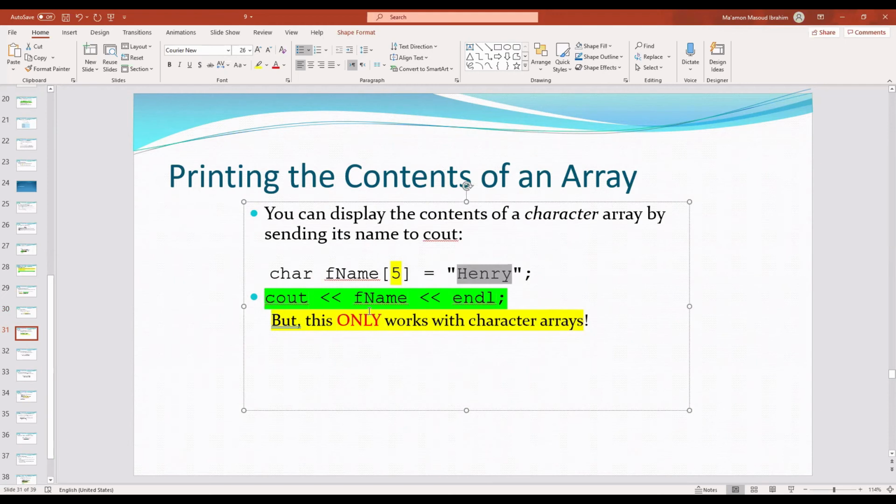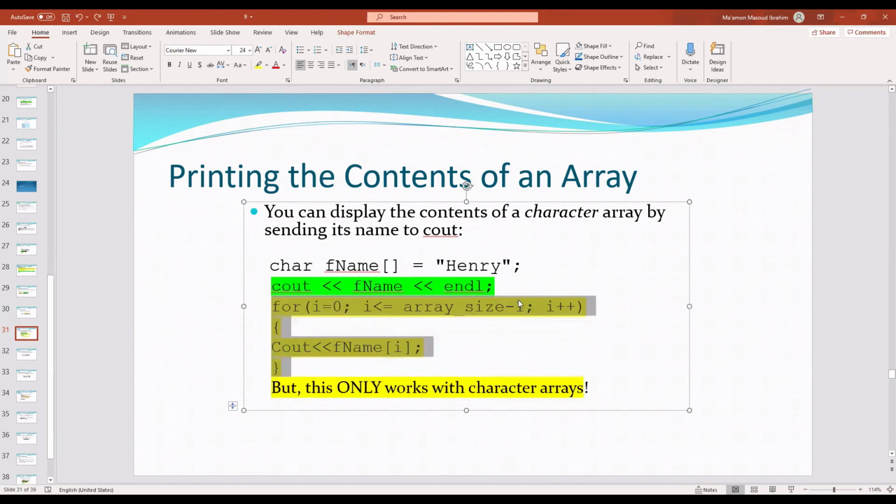If I have written cout of name, the value will be printed. So Henry, in this case, this only works with a character array. So I will roll back. Now, what I have written to the student yesterday, here in the yellow, I will change it to blue here. This one, in green,